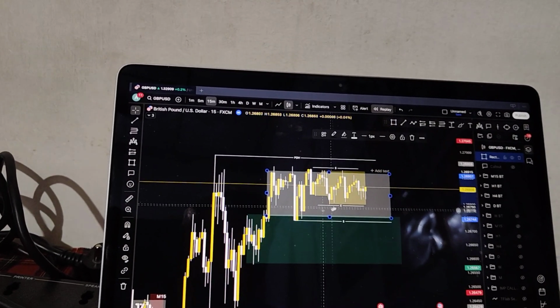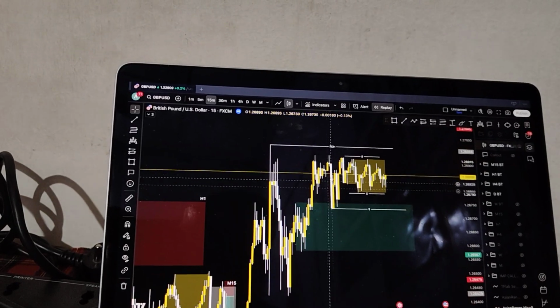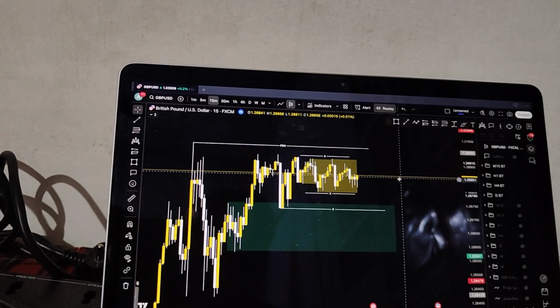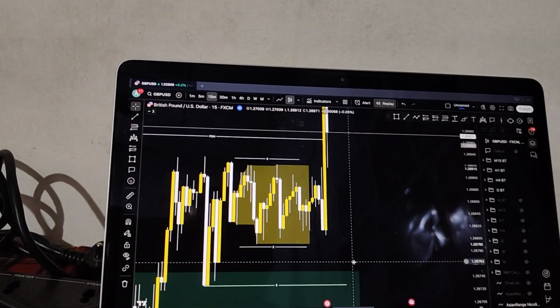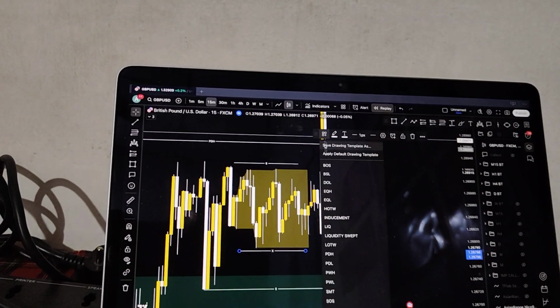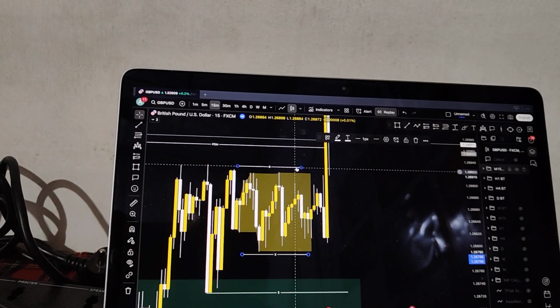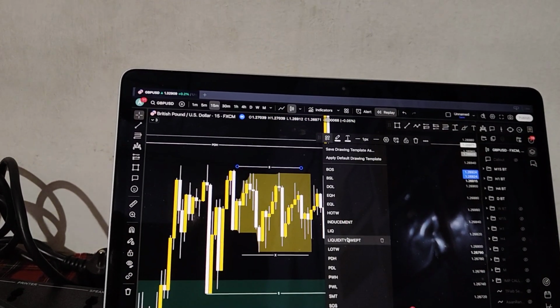Literally there's no volume in the markets. Literally the market is choppy, ranging in a zone. So now the Asian range, Asian low did get swept. No, it didn't get swept. As you can see, the Asian high did get swept directly.